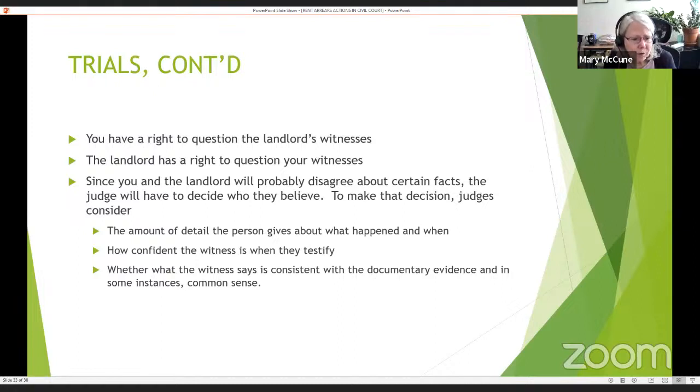It doesn't mean you're obnoxious and you're like, everybody has to believe me. It just means you can testify to things and the judge can tell that you mean it, basically. You're not waffling about things. And whether what the witness says is consistent with the documentary evidence, and in some instances, common